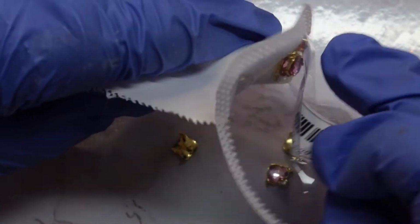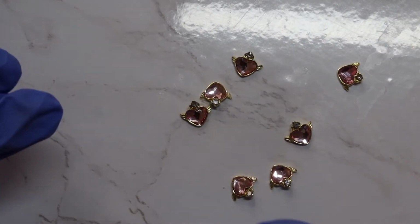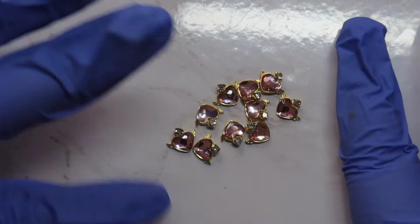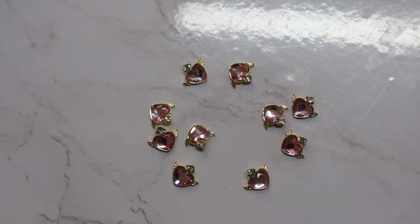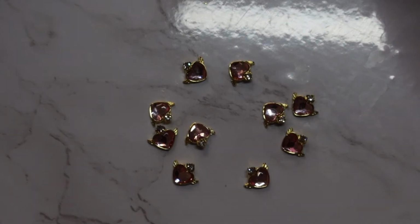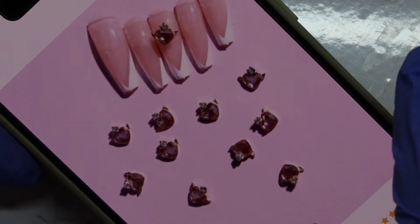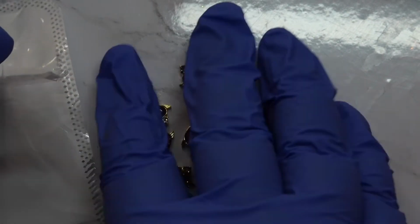Alright, and then next are these charms. Oop, I ripped the bag. I'm definitely gonna organize all these. That low-key would be a cute little idea. Look at those, they're so cute. Oh my gosh, they're so cute. They sound like I'm talking about a baby. Looks like they were $2.76. Look how they looked on there. I mean, they look the same, but aren't they so cute? Like on some V-tips. $3, but after discount they were $2.76. This ripped, so we're just gonna,